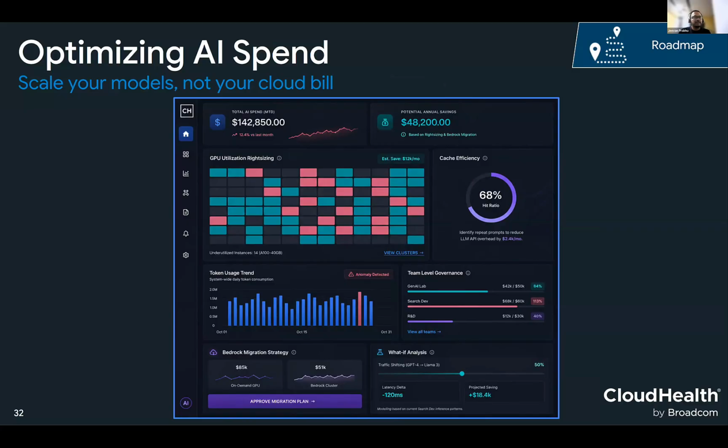Just to give a quick example, if you're writing too much cache, you will be charged a surplus, and if you're not reading from it, then whatever surplus you paid is wastage. The same tenet which we are following for all the cloud providers, we will extend to AI spend as well. So optimizing AI spend is one of our key pillars which we will be investing in the second half of this year and onwards.